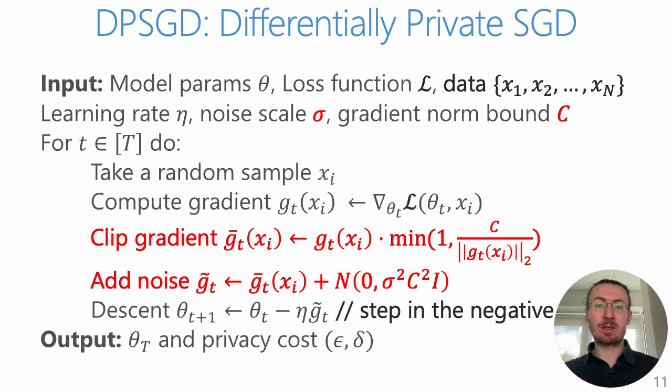Therefore, a more sophisticated approach in which we control the influence of the training data during the training process is better, and in this case we apply this mechanism during the SGD computation,